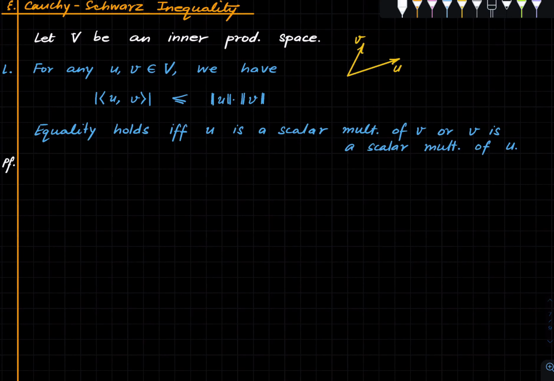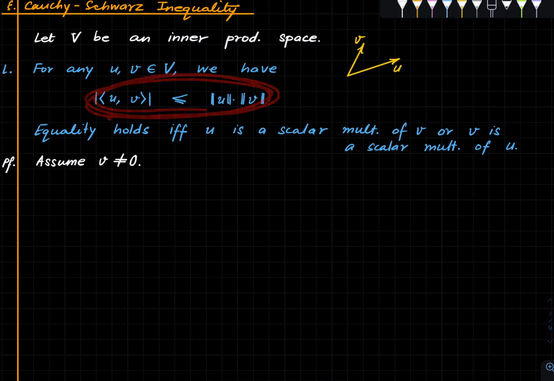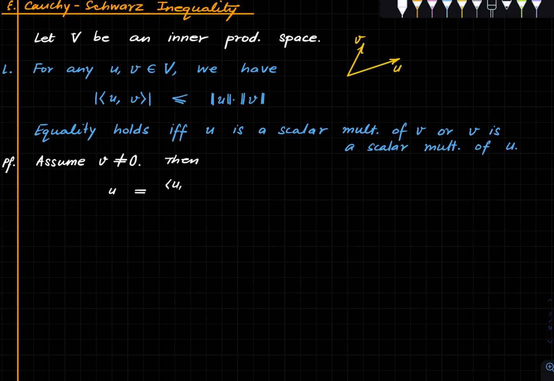So we will use the decomposition that we saw in the previous section. So we will do the proof when v is non-zero, because if v were 0, this trivially holds. So suppose v is non-zero, then the vector u is, as we saw in the previous section,